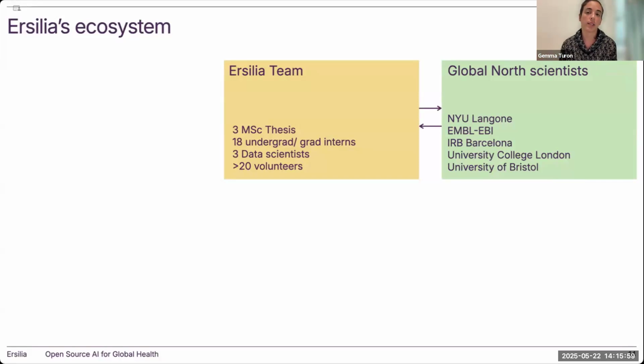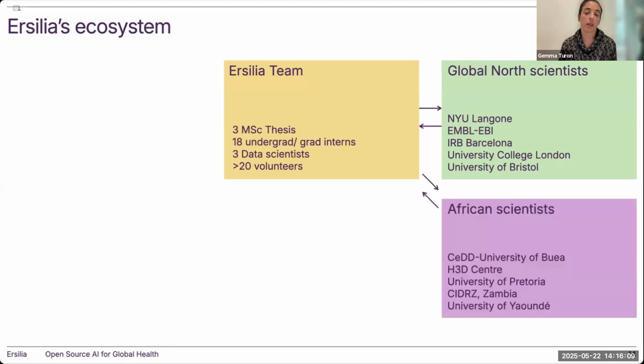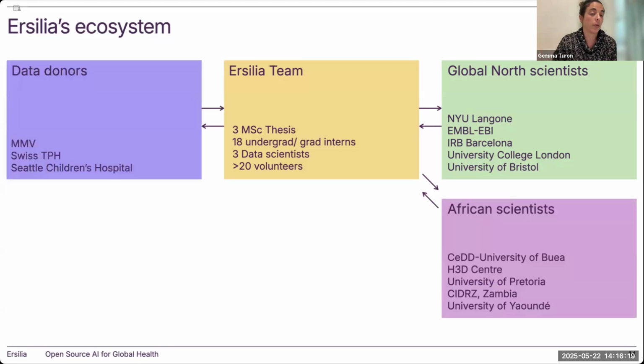So we work with other scientists here that basically expand our experimental capacity. They also provide computational resources, data sets, and so on. We most importantly partner with African researchers. So I'm just listing here a few of our partner organizations with whom we engage in research and training. We also benefit from partnering with organizations that we call data donors. So these are typically larger nonprofit organizations or even for-profit companies that have accumulated a wealth of data on, in our case, drug discovery, and are willing to share this data with us so that we can build new models.